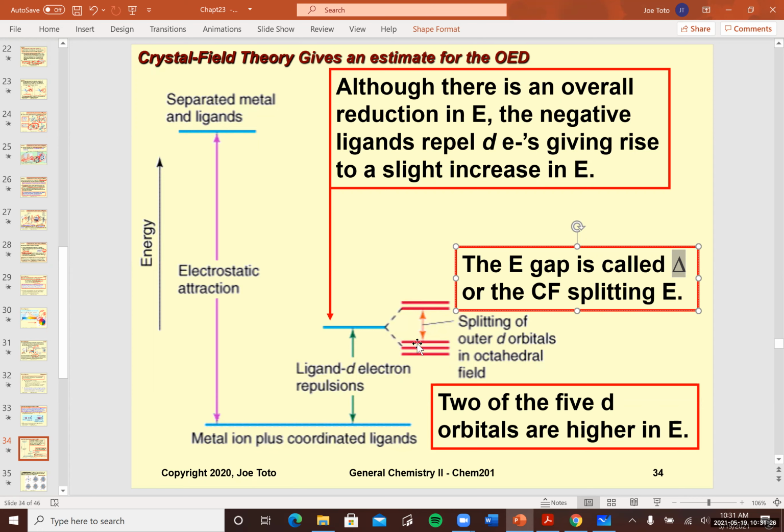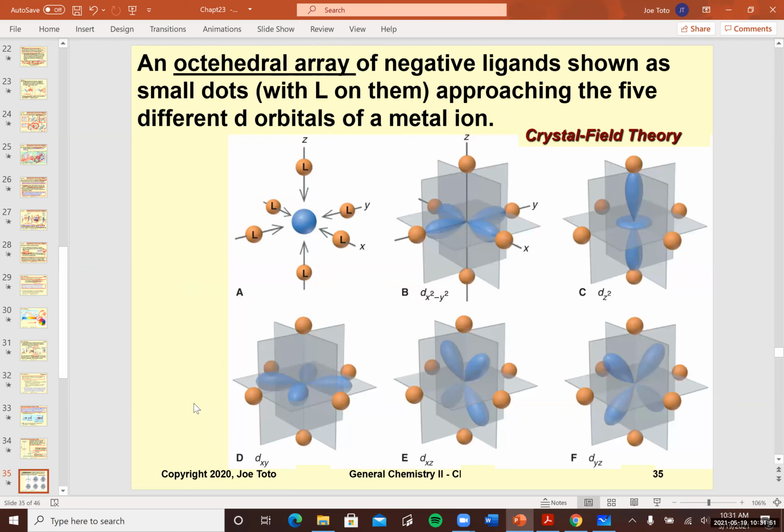And now you can imagine electronic transitions in here that can account for the colors. And also you can use Hund's rules in the filling order for the d electrons to rationalize the magnetic properties. How many of those electrons are paired and how many are unpaired, right? We're going to use that splitting. And that's all the crystal field theory is. This picture shows you why 2 of those d orbitals will go higher up than 3 others. Okay, so we're going to use